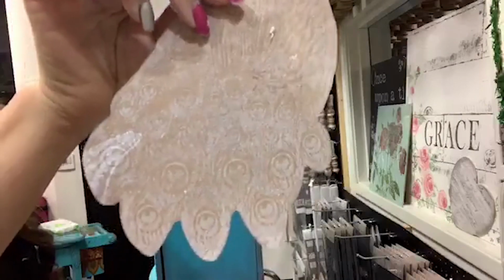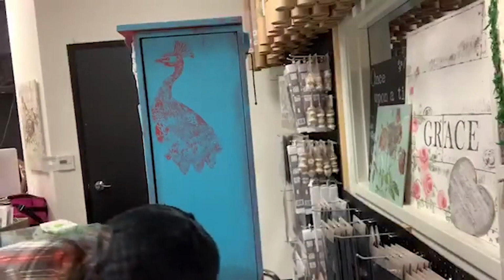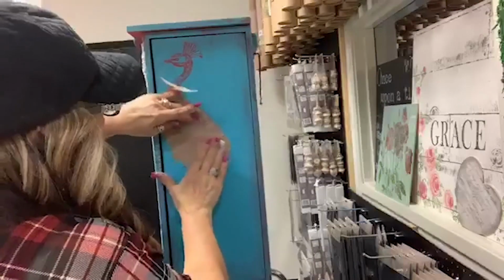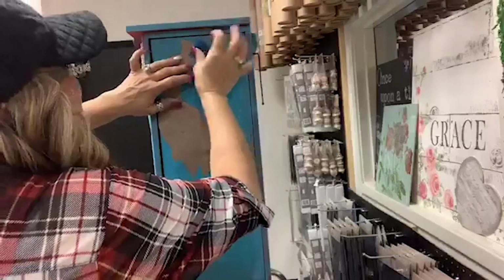So I stamped on this brown piece of craft paper and I just cut it out. So I'm just lining that up, you guys. No big whoop, just line it up. And I will take a little piece up here just to kind of